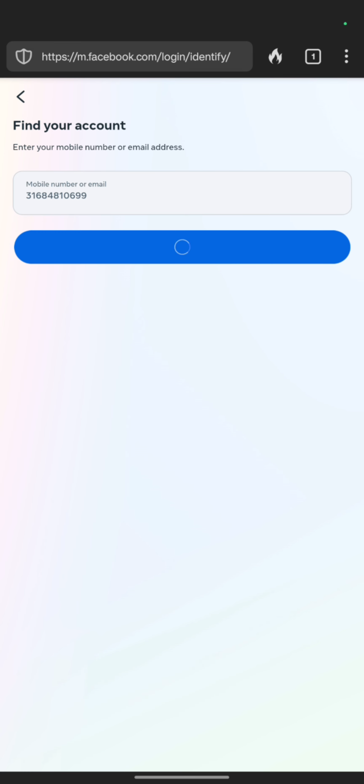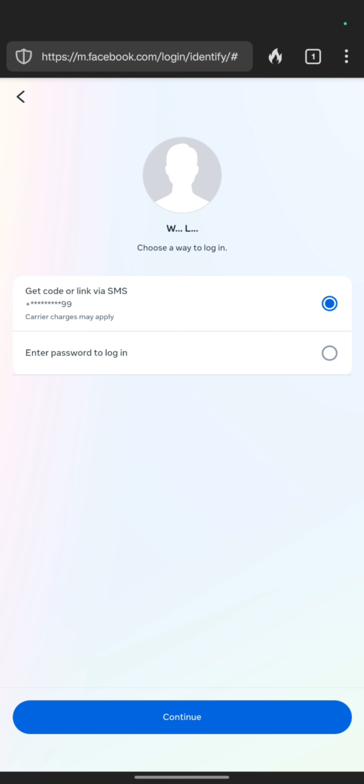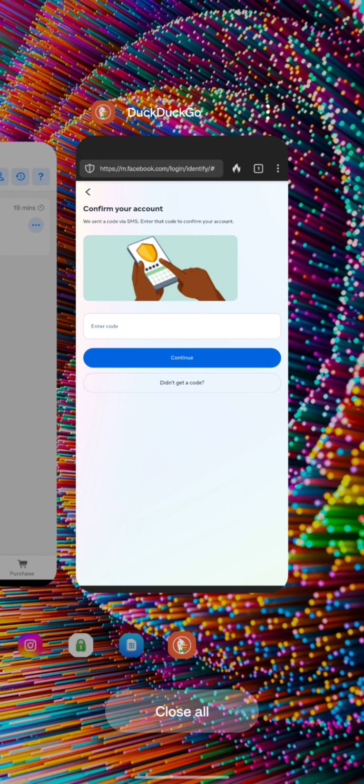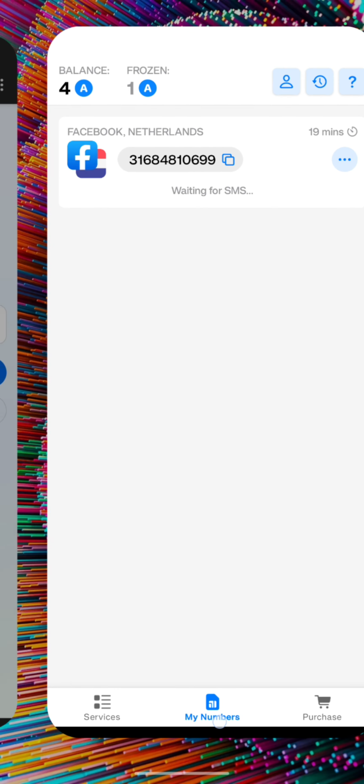If it asks you to try again, then you have to go and get another number, but I think there's an account available with this number. So instead of clicking continue, we have to click on try another way. Immediately you click on try another way, it will ask you to send code to the phone number. Click on send code to the phone number, then you are going to receive the code on your SMS PVA, and once you receive your code, you paste it